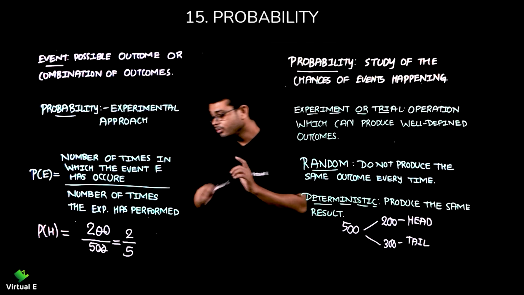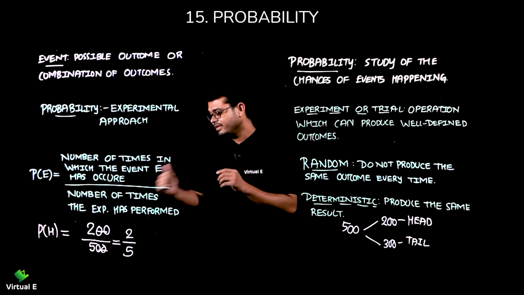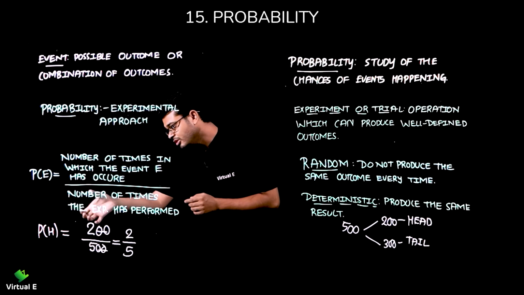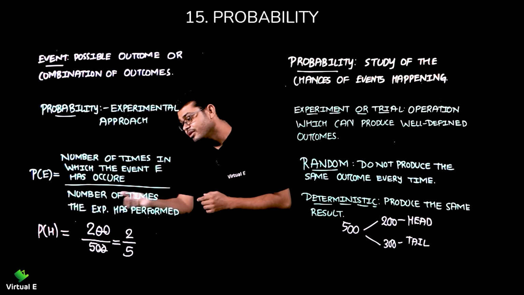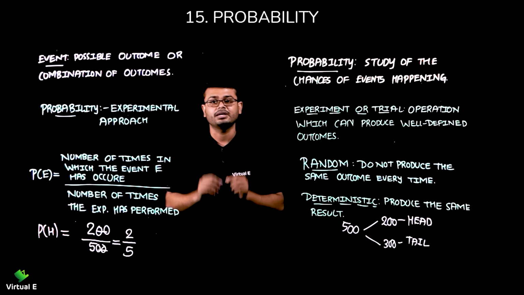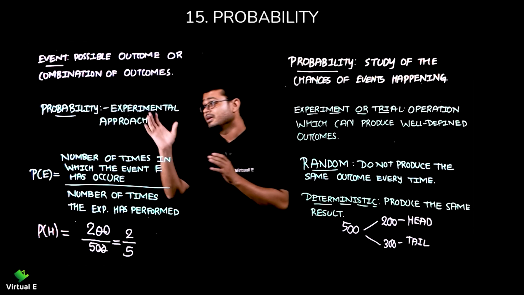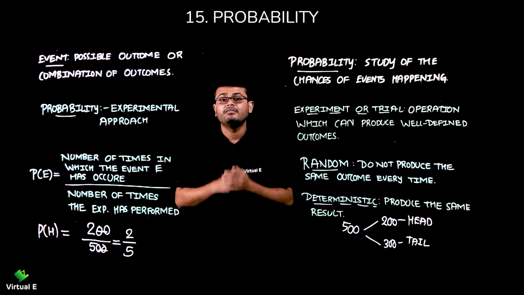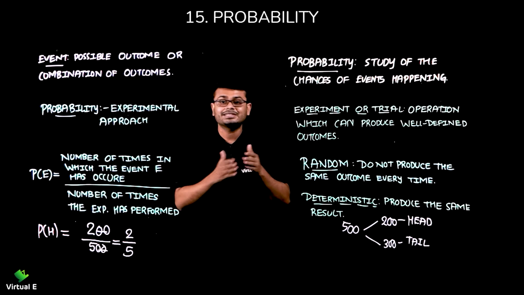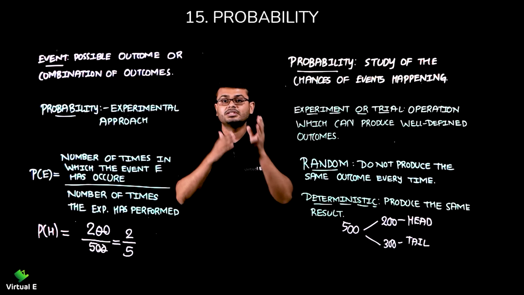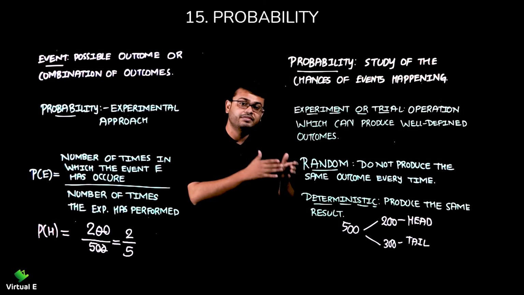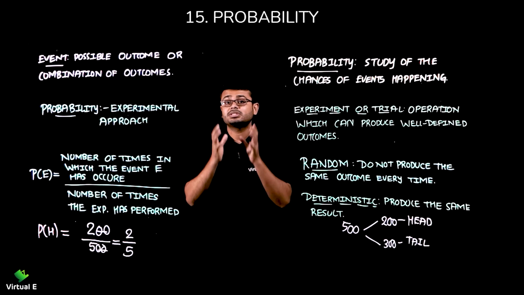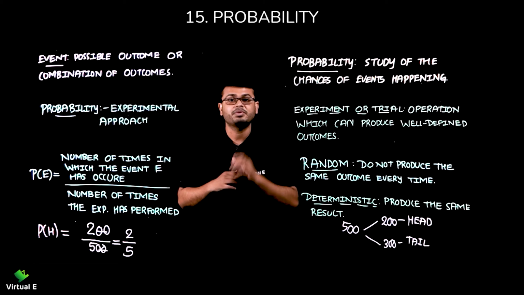Very simple. But don't get confused about why we are getting 500 outcomes for the coin. The reason is, it's not about the outcome of the coin, but the number of times we perform the experiment. It's all about the experiment. Remember, that's why it is called the experimental approach. Even with a die, we can toss it 500 times. We can get 6 different outcomes and we count them. This is coming 100 times, then this is coming 150 times, 200 times, and so on. And then we can find the probability. So this is the idea behind the experimental approach.